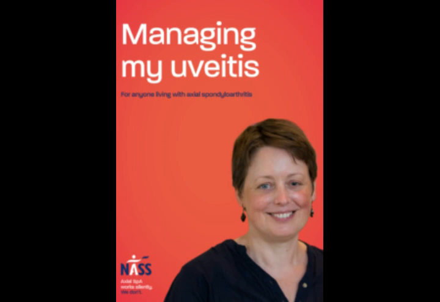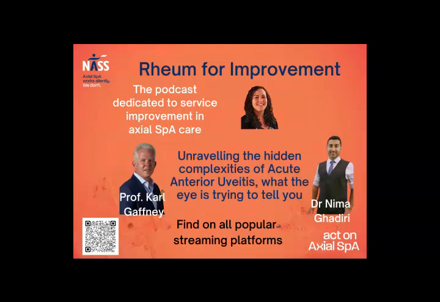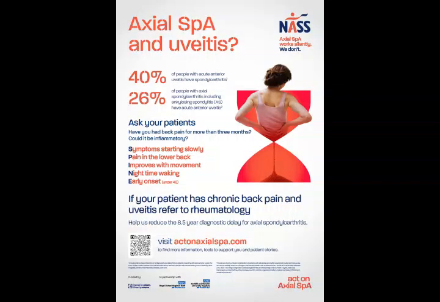And in fact, there have been a number of studies, I don't know whether this is the time to bring this in, looking at referral strategies, Lucy. And there are three that come to mind. One's called the Dublin Uveitis Tool. Another one was called the Sentinel Study. And we did one in Norwich called the SpA study, which is Axial Spondylitis with anterior uveitis. That's the acronym. So we looked at every patient who'd come to the uveitis clinic over a 1-year period. A number of those had a pre-existing diagnosis of axial spondyloarthritis. But there were 77 who had self-reported chronic back pain, but no verified diagnosis, because that had never been considered.